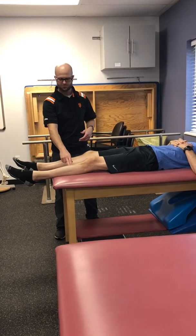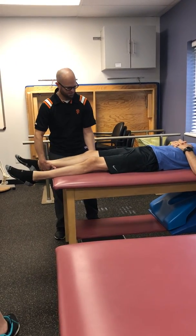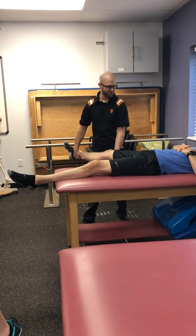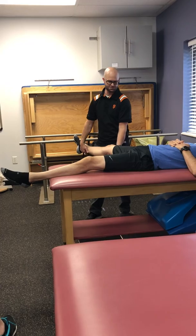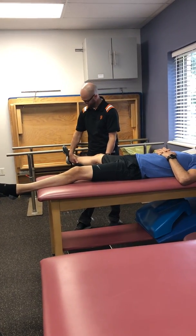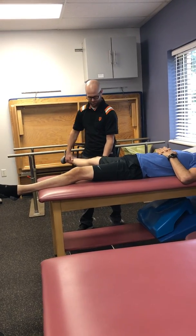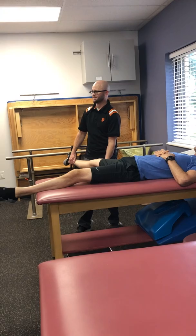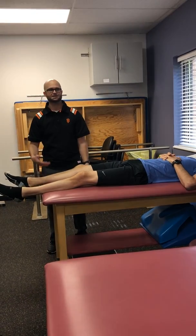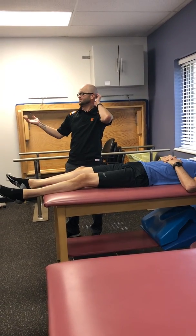So I would measure his passive range of motion on his left to get my baseline. And then I want to get an end feel, so I'm going to take him passively through abduction. He's doing nice and stretchy. Now you'll notice what happened to his hip. He externally rotated, right? We don't want that, because now we're actually starting to go into some flexion,